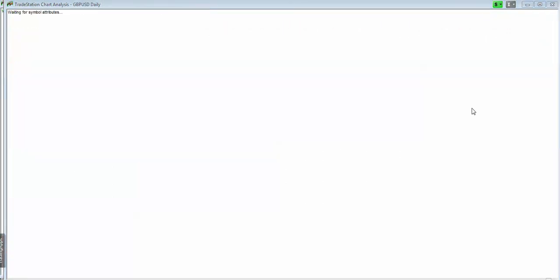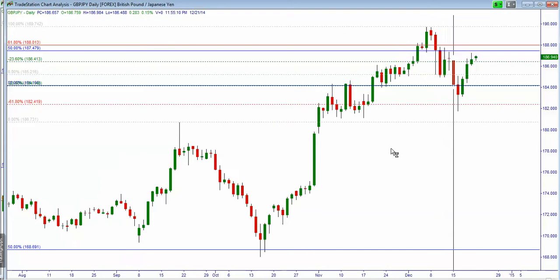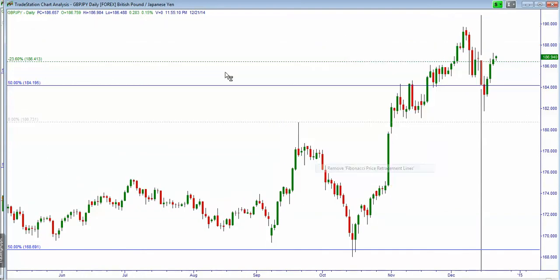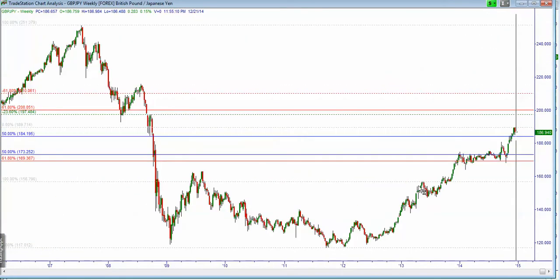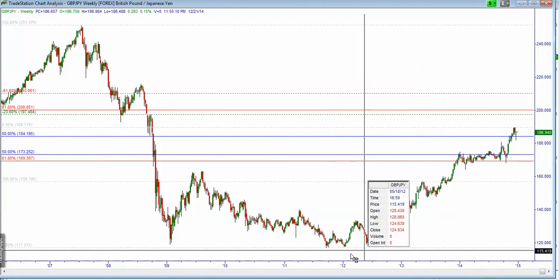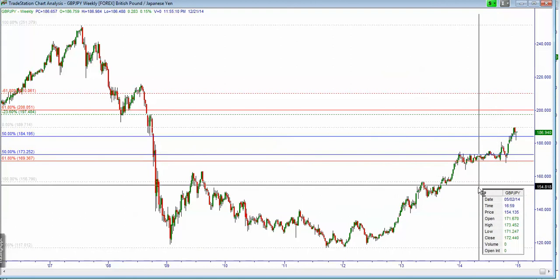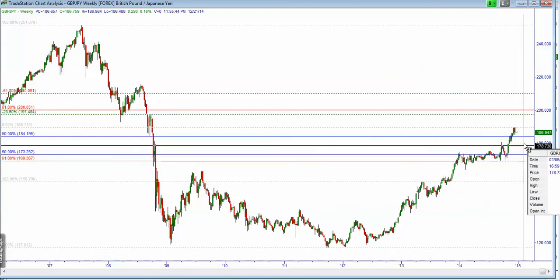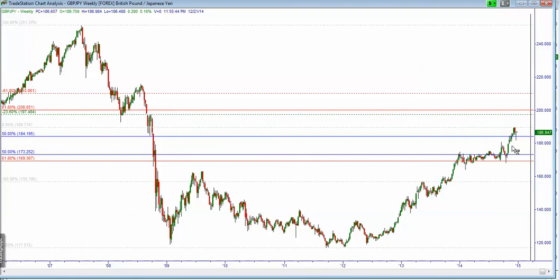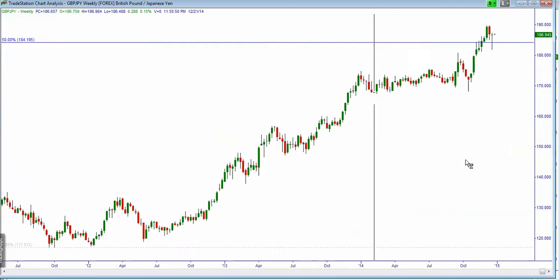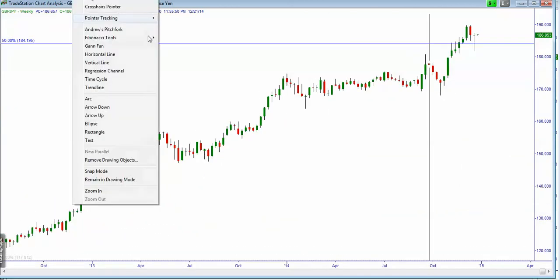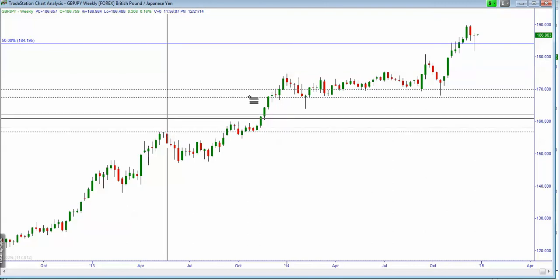Moving to the pound versus the Japanese yen here. This market is also correcting, but it's in a slightly different situation. This market is within a large area of potential resistance here. As we can see from this weekly chart, the market started moving higher at the end of 2011 and continued its move higher through 2013 and 2014 here, and now it's within this area of potential resistance, and this market could actually move away from that area and start